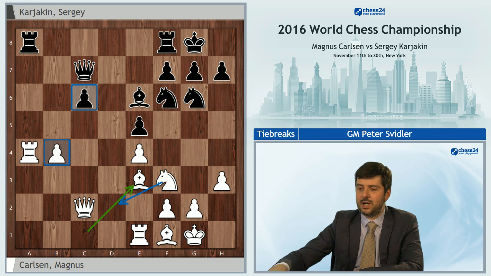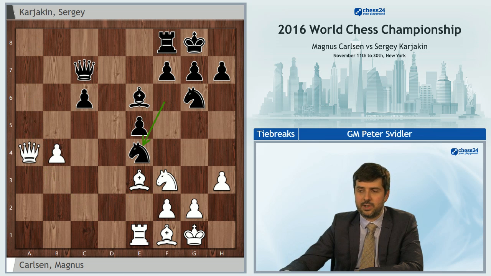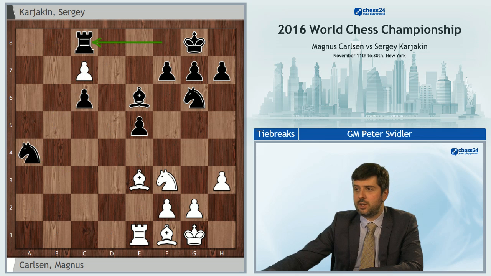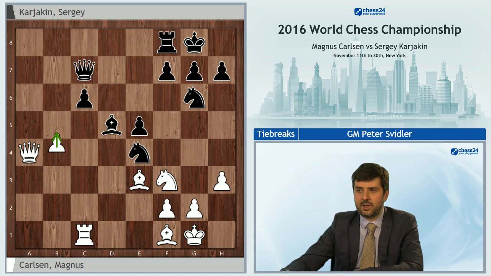But this move allows takes, takes, and knight takes e4, and this needed to be assessed properly and evaluated. b5, which would be a very attractive move, doesn't really work because black can play knight c3, b6, knight takes a4, and rook c8, and this holds for black. Therefore, Magnus went rook c1, bishop d5, b5, and here Sergey made a practical decision which I couldn't really quite